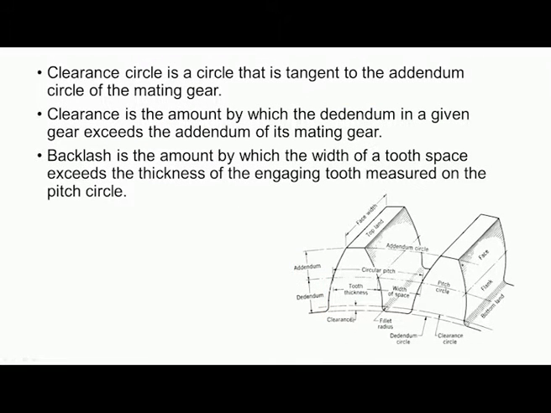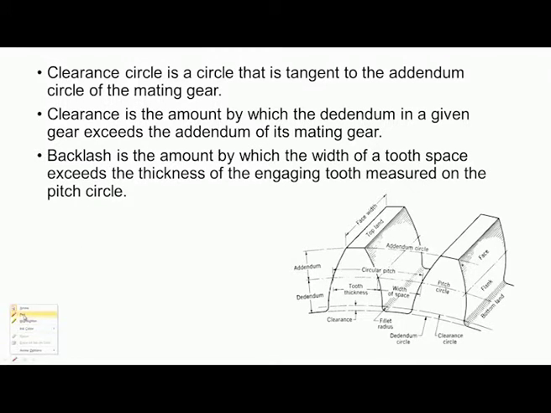Clearance circle is a circle that is tangent to the addendum circle of the mating gear. Clearance is the amount by which the dedendum in a given gear exceeds the addendum of its mating gear.